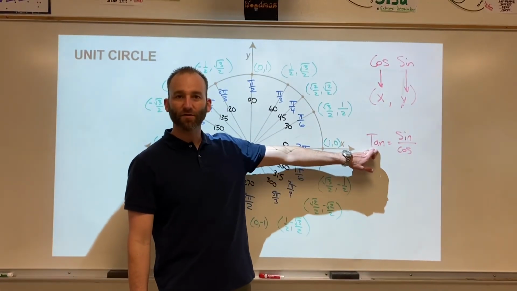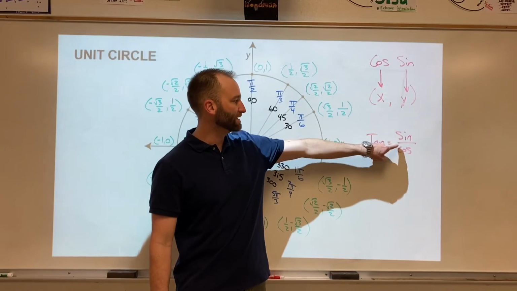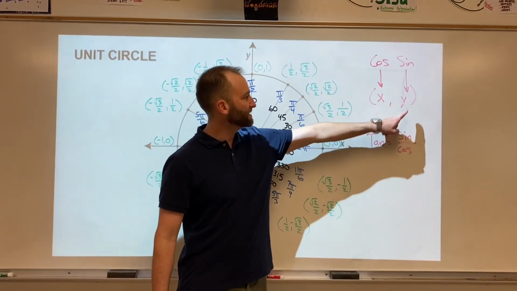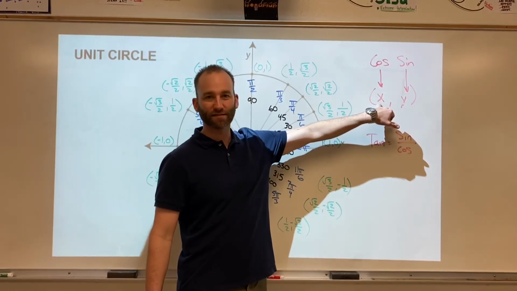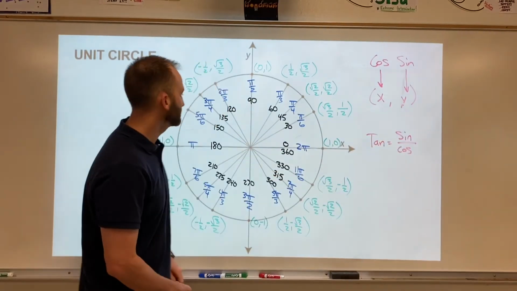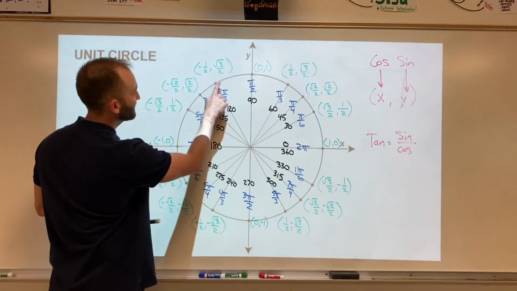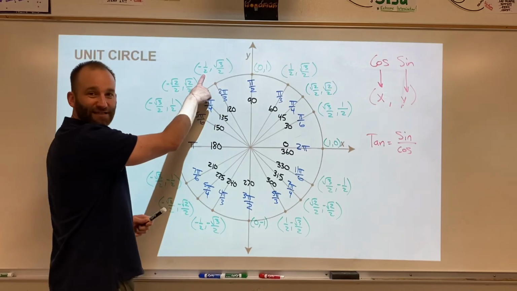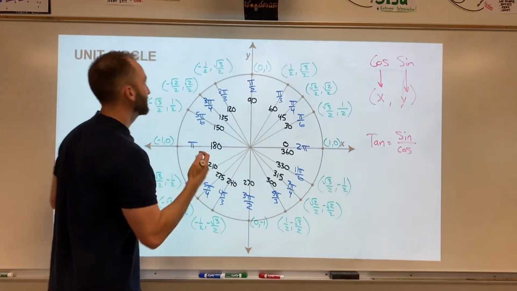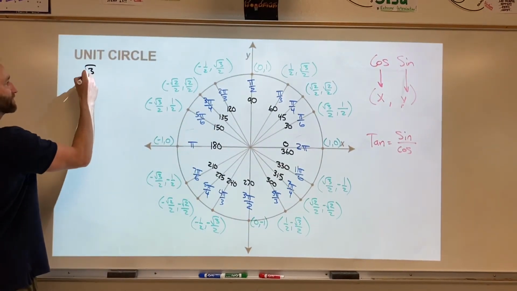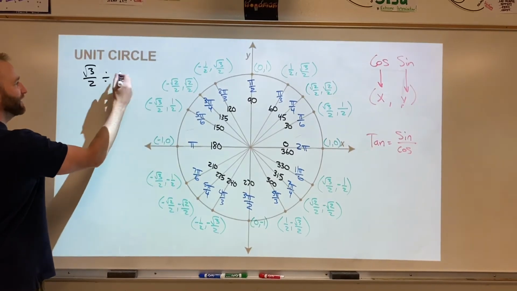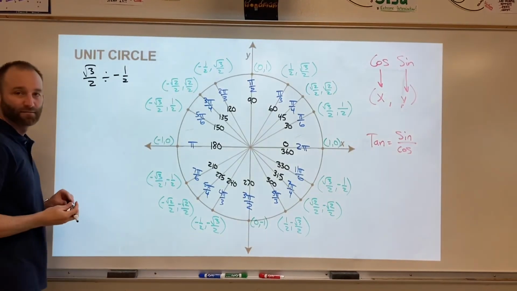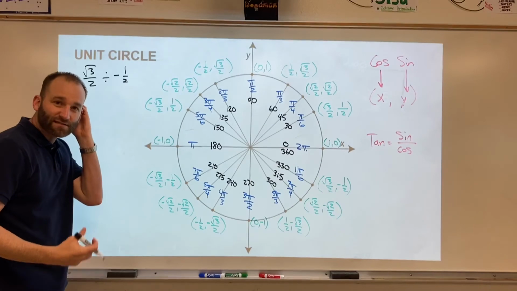Something you may not know, tan is equal to the sine divided by the cosine. So I'd be taking the y coordinate and dividing by the x coordinate. So let's go to 120 degrees, here we are. I gotta do the y coordinate divided by the x coordinate. Here's what that could look like. I would have the square root of 3 over 2 divided by negative 1/2. I can use a calculator, but really it's not necessary here.